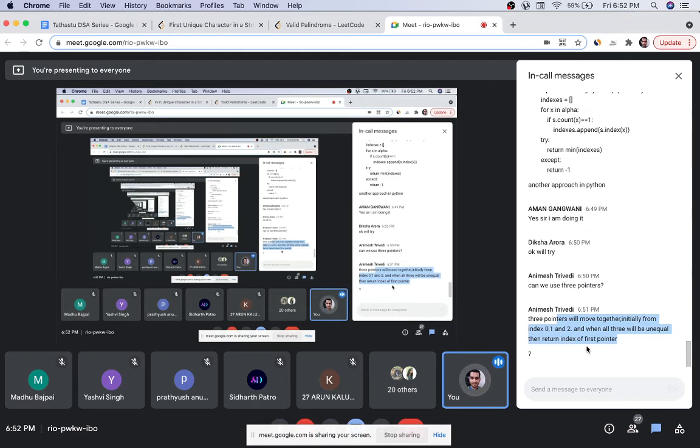So what we are going to do, we are going to take an additional data structure. You can take an array of fixed size, you can take a hash map, or any other data structure, and you count the number of occurrences from left to right and then use it.